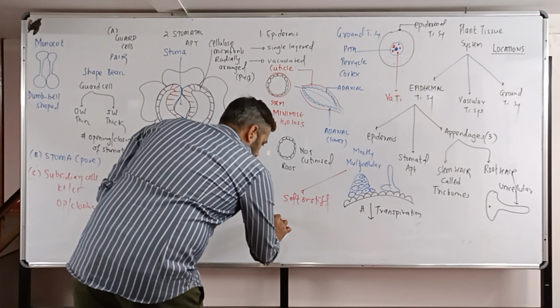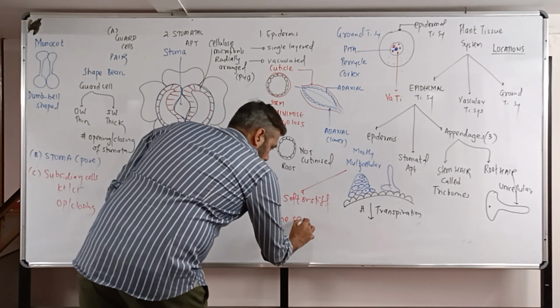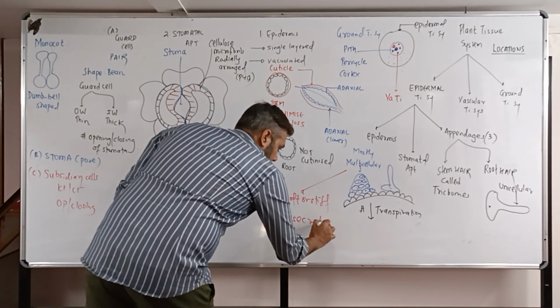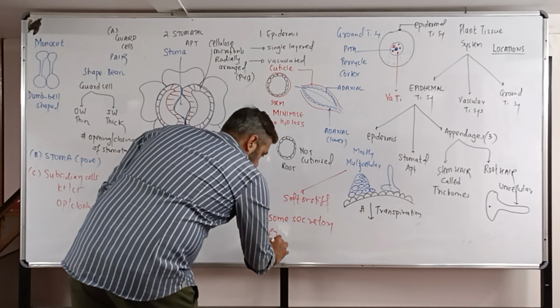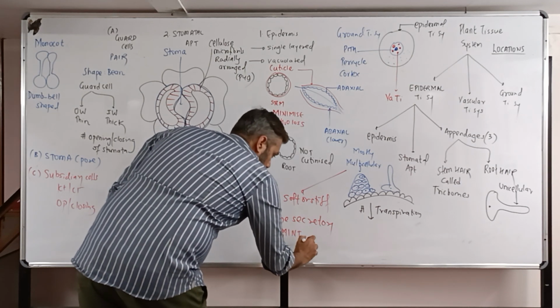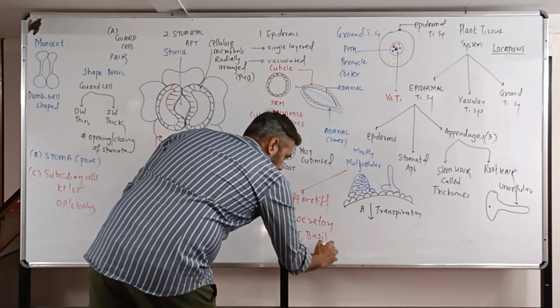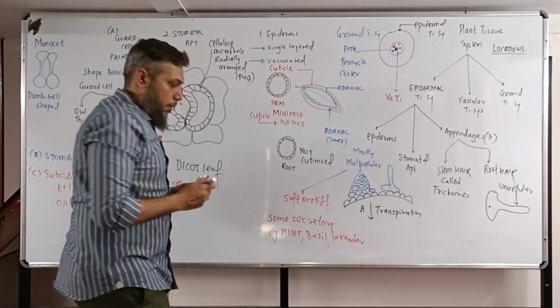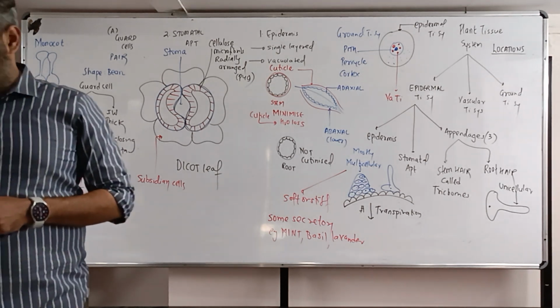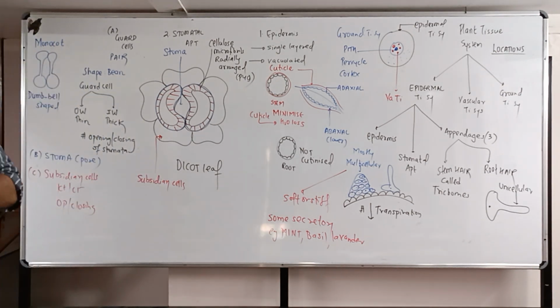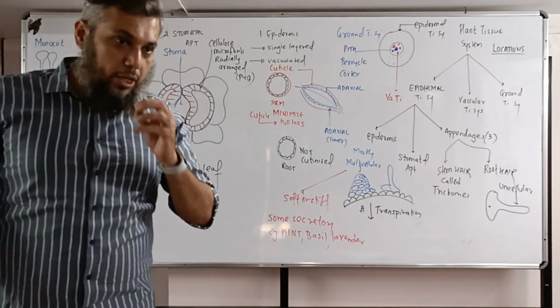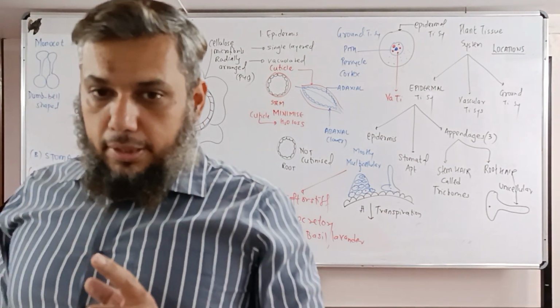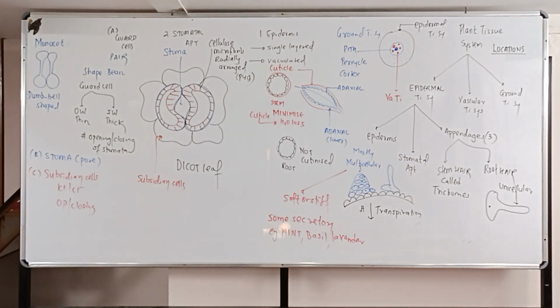Some of them are glandular, but they are secretory. For example, mint, basil, tulsi, lavender. You may not have seen mint or lavender, but the tulsi plant or mint, their stems give off a fragrance, doesn't it? Why? Because they show the presence of